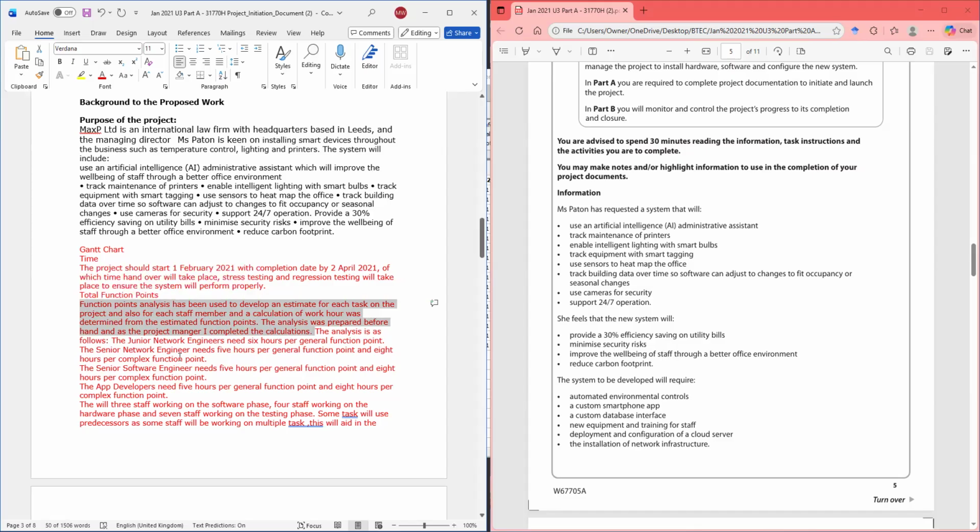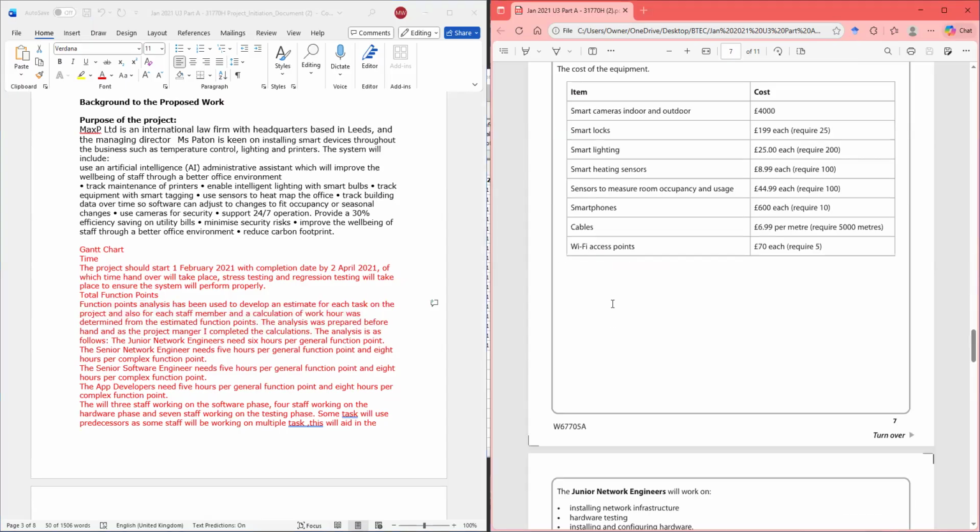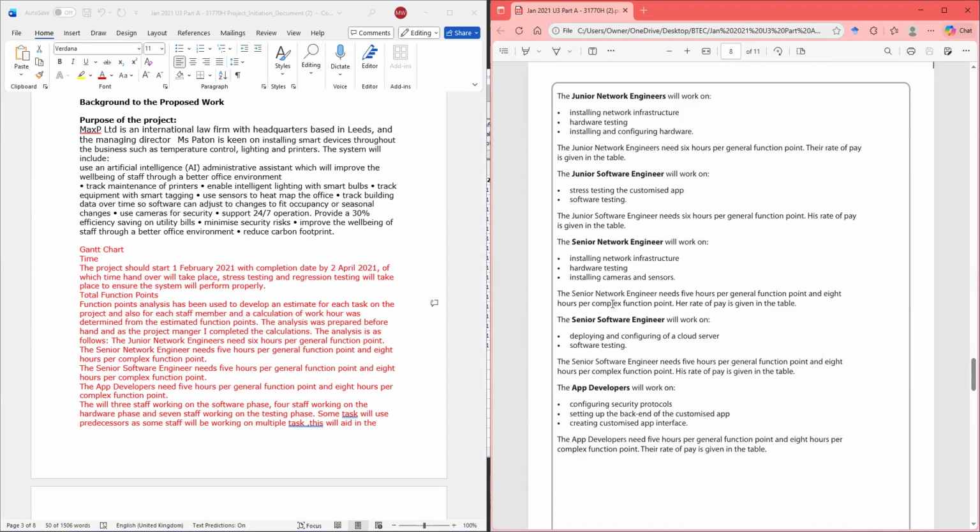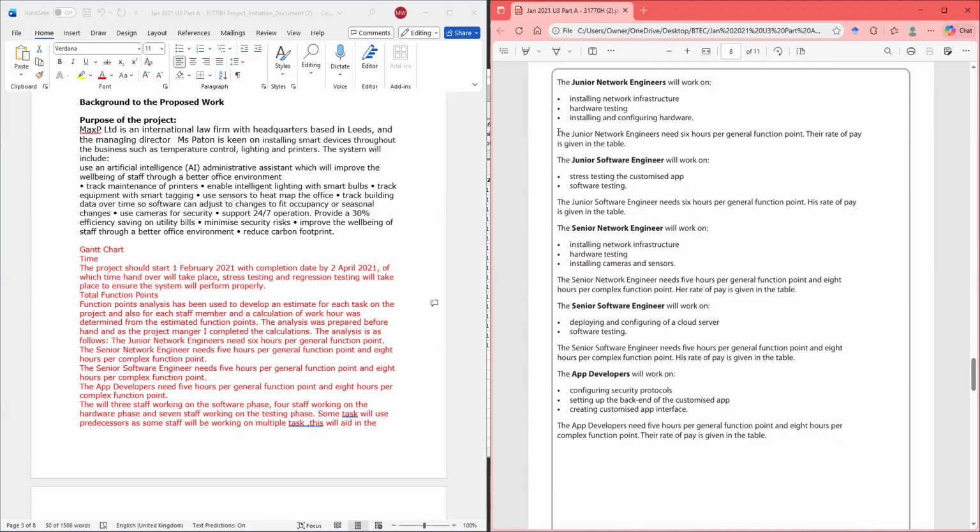The analysis is as follows. The junior network engineer needs 6 hours per general functional points. And then we're just going to copy and paste all of these over from the Excel sheet to complete what we have said about the function points.